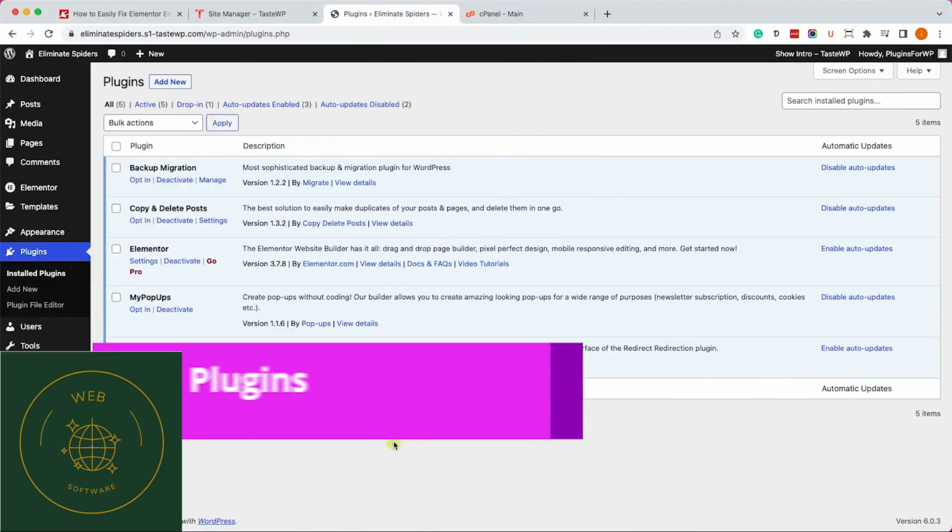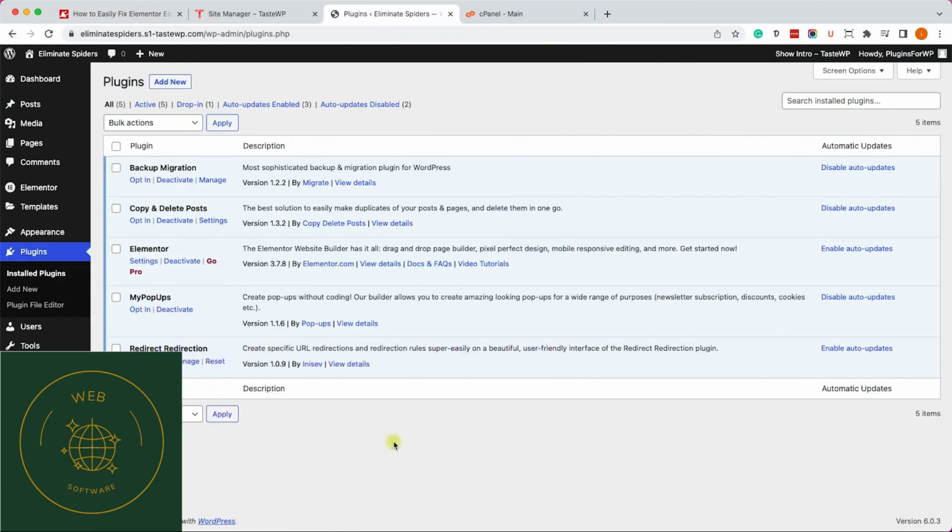Another probable reason why Elementor isn't loading may be because it's clashing with other plugins installed on your WordPress website. Those plugins can be like cache plugins or any other plugins that are using the same namespace or the same variable. So in order to know if that's the case, we need to go to our plugins page, installed plugins,